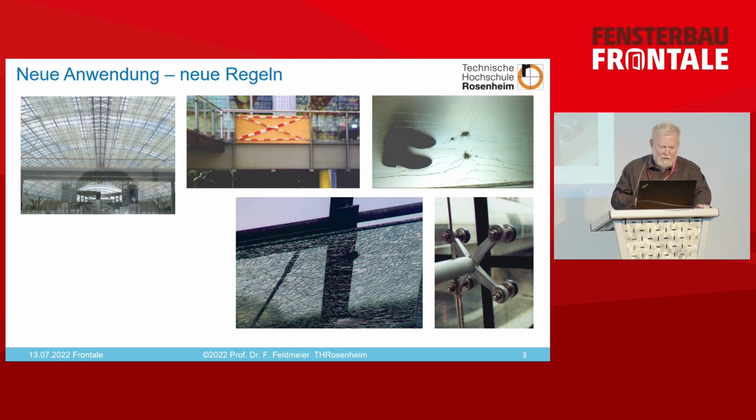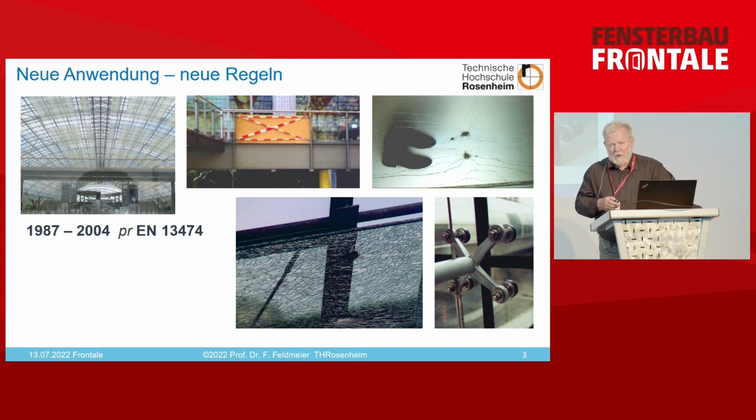If we talk about applications, if we think about the fair in Leipzig, which was one of the biggest glass roofs back then, also the Munich airport. There's this white and red band that was used for it, and then also accessible staircases that are already broken and horizontal glass that fell over. And of course, we need rules for that, and Europeans tried really hard for those. I just wrote down 1987 to 2004. That's when they wanted to introduce the first norm that Germans didn't like at all. And ever since then, on a European level,